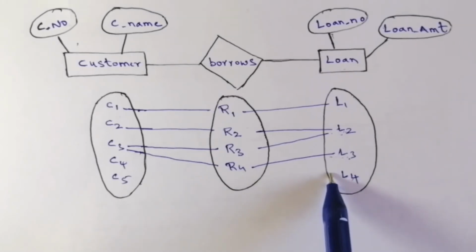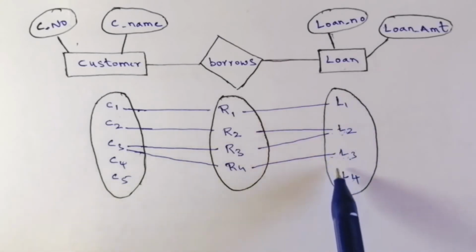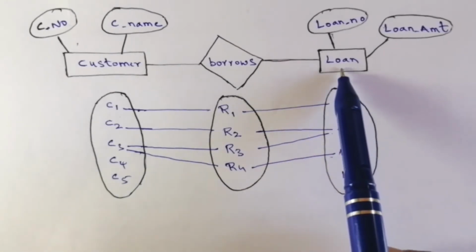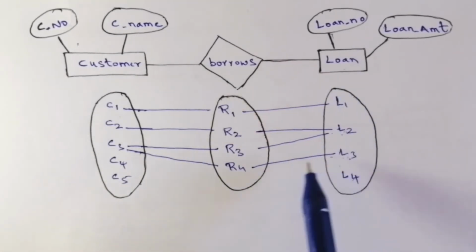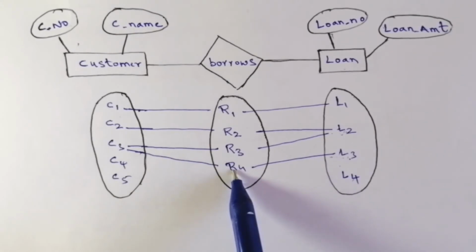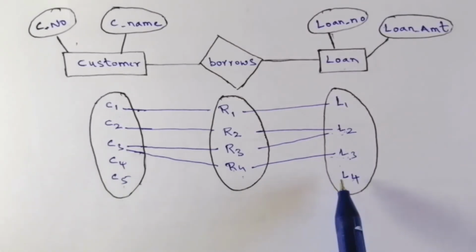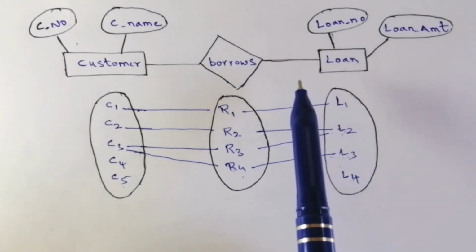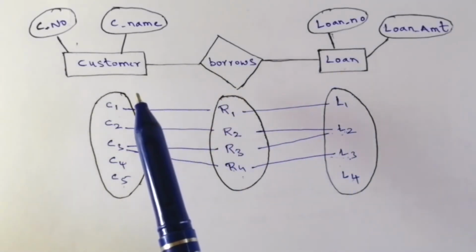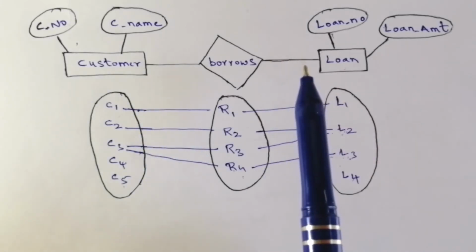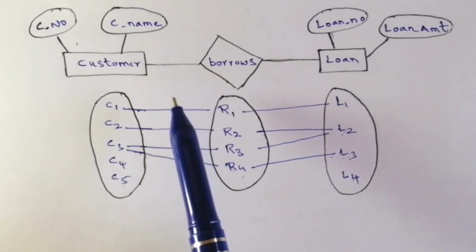What is that condition? That is, there should not be any entity in this particular entity set without participating in a relationship, right? So if it has participated in a relationship, then it will have an associated customer, right? So our problem is solved. That is, we can easily keep a business principle here. That is, every loan has a customer. Every loan is going to be generated only when the customer requests for it.